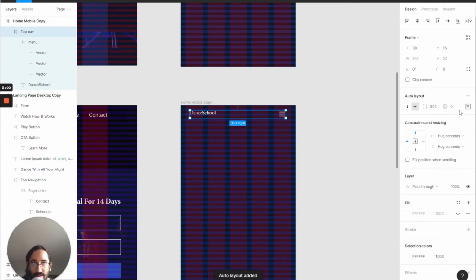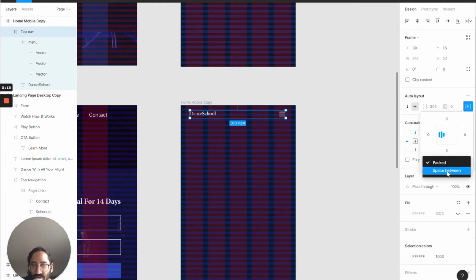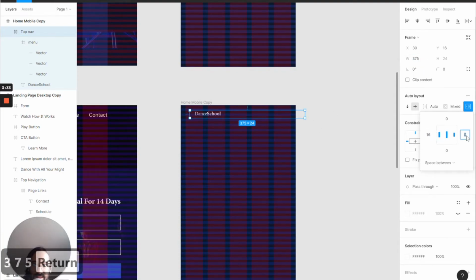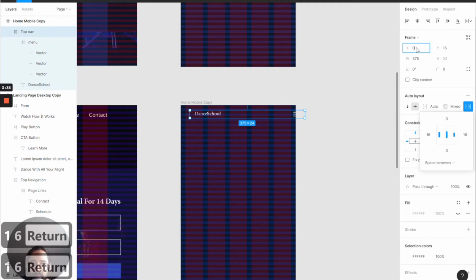So I'm gonna auto layout, and I'm gonna make sure they are centered together. And I am going to basically pick space between. So instead of specifying the margins between, I just want each element to stretch. I want each element to be left and right, and space is going to be decided by the whole element's width. So if I set the width to be 375 pixels, and then 16 left, 16 right, and 0 here,